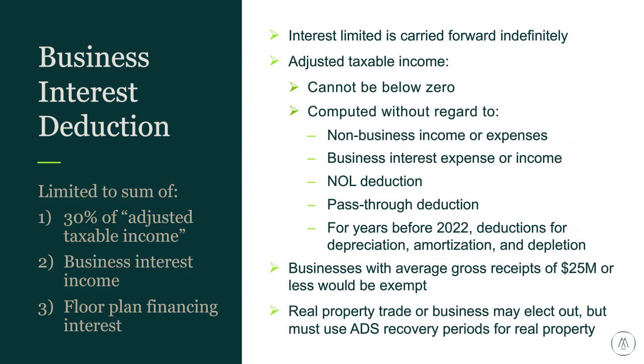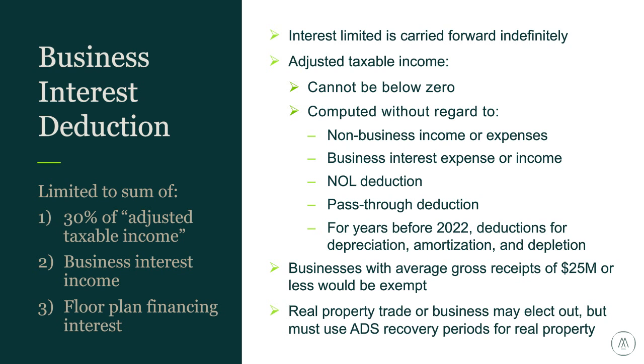So Kurt is going to be talking about the business interest deduction. All right. So this one is not a positive. It's a headwind. Basically, most organizations, unless they've had foreign-related party interest, are used to deducting all or 100% of their interest expense. What the new law did is say that there's a limitation related to how much of your interest expense you can deduct. And that is basically 30% of your adjusted taxable income.